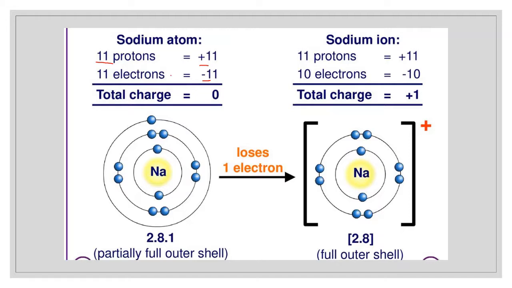Now we are going to remove one electron. Let us assume we have removed one electron, so it will carry a positive charge. Instead of removing an electron, if we add one electron to this atom, it is going to become negatively charged. Like that, electrons around the orbitals are added or removed to obtain stability. That will be discussed in